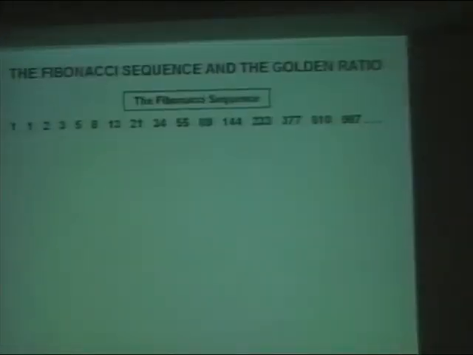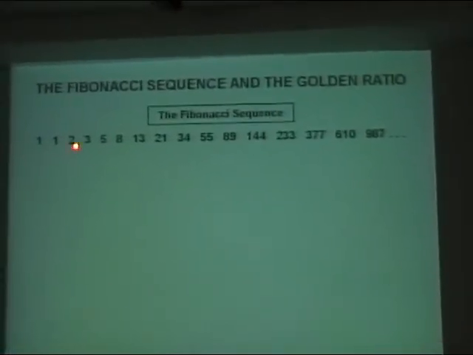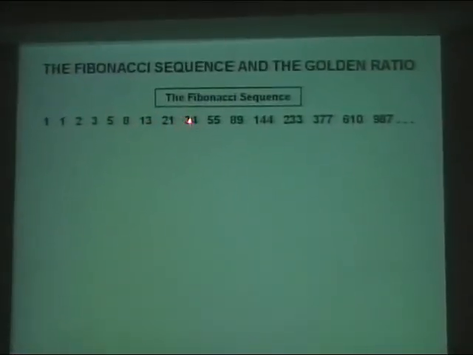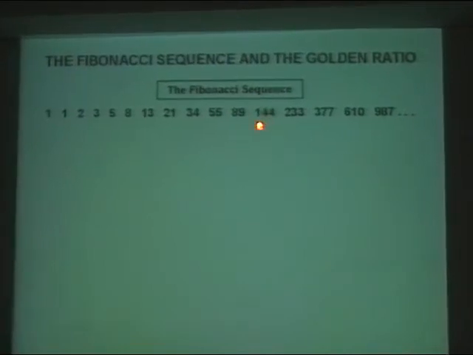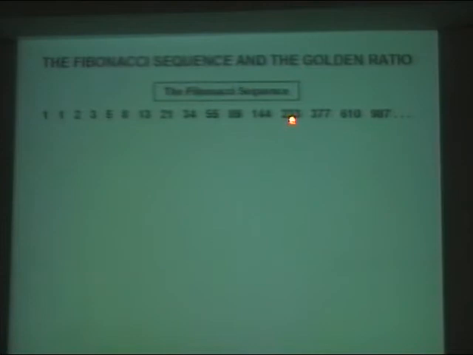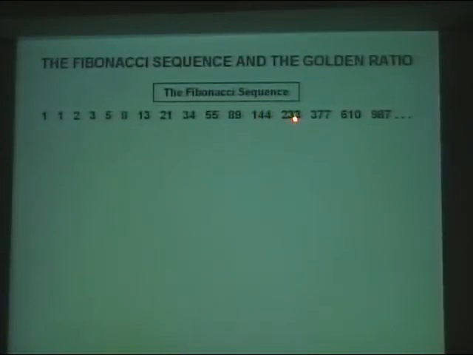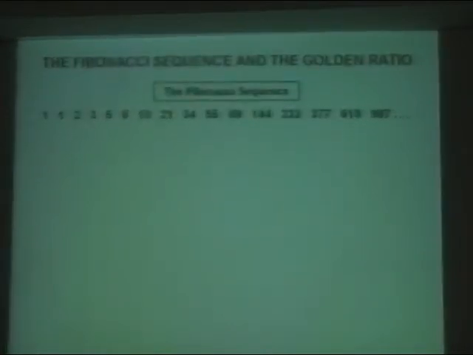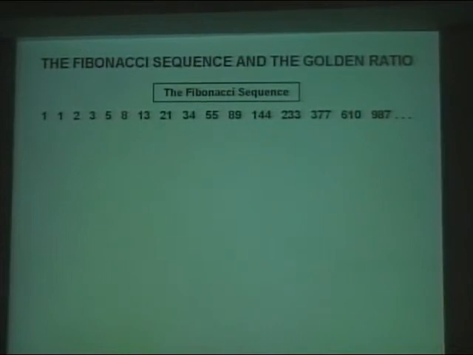How? Well, here's the Fibonacci sequence carried on. We've just seen it: 1, 1, 2, 3, 5, 8, 13, 21, 34, 55, 89, 144. Then if you add 144 and 89, what do you get? 233. If you add 144 and 233, what will you get? 377 and onward. And this too is an infinite sequence. It has no end. So it's just like the golden ratio in that way.